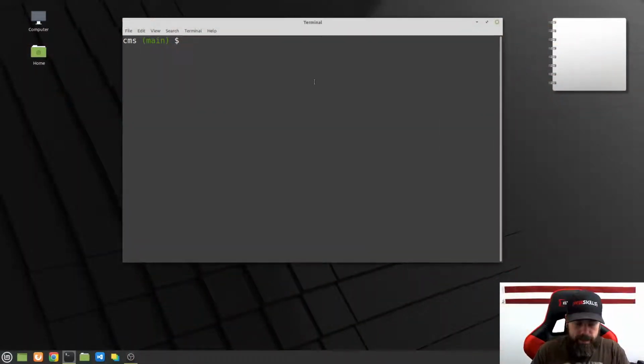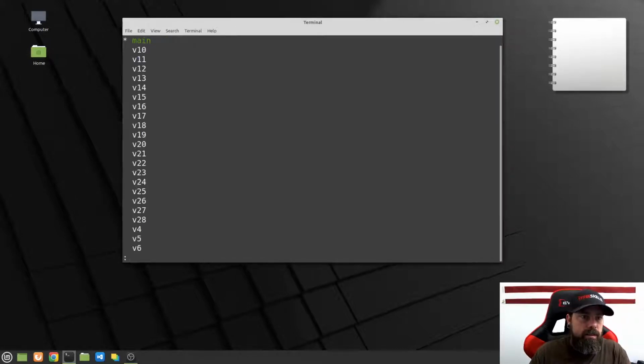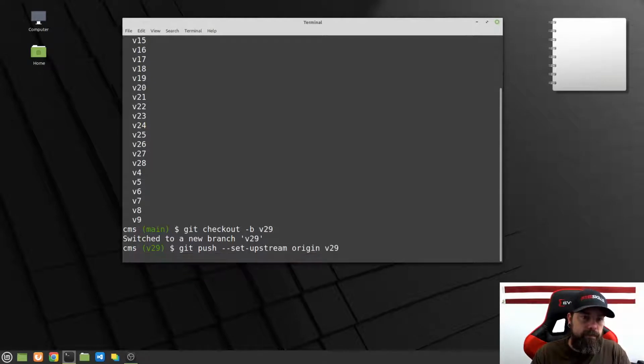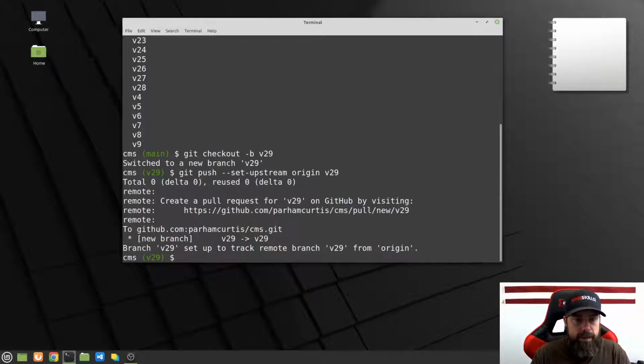And I'm going to create a new branch. So we're looking at V29 here. I'm going to do git checkout -b V29, and then I'm going to do a git push --set-upstream origin V29. All right, now that we have that set up,